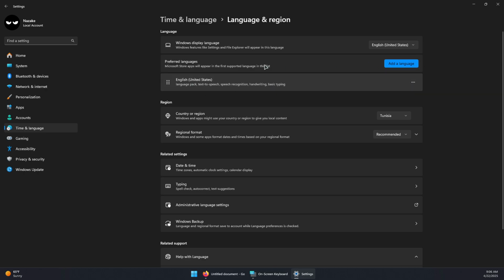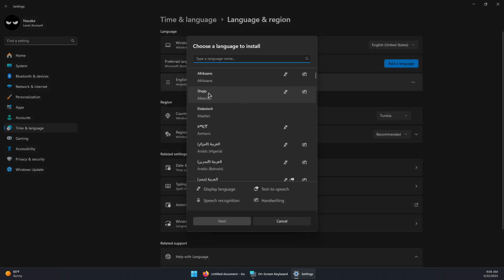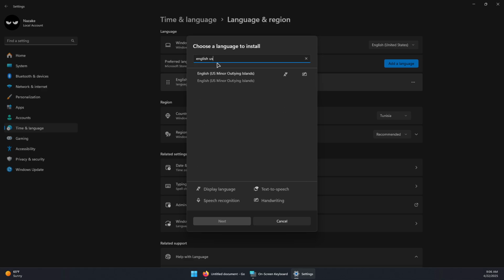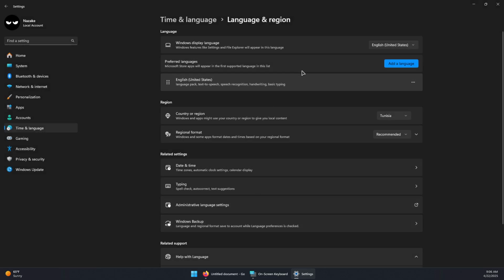Now if you don't, you can click on add a language and then look for English US, and then click on it and click next and continue the prompt to download it and install it to your system. Now you will need to click on the 3 dots next to English United States and then click on